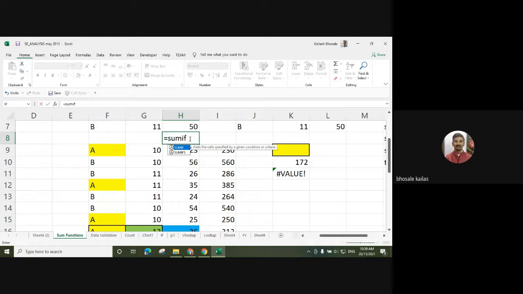It adds the cells specified by a given condition or criteria. So we have to give some criteria and we can make the summation.